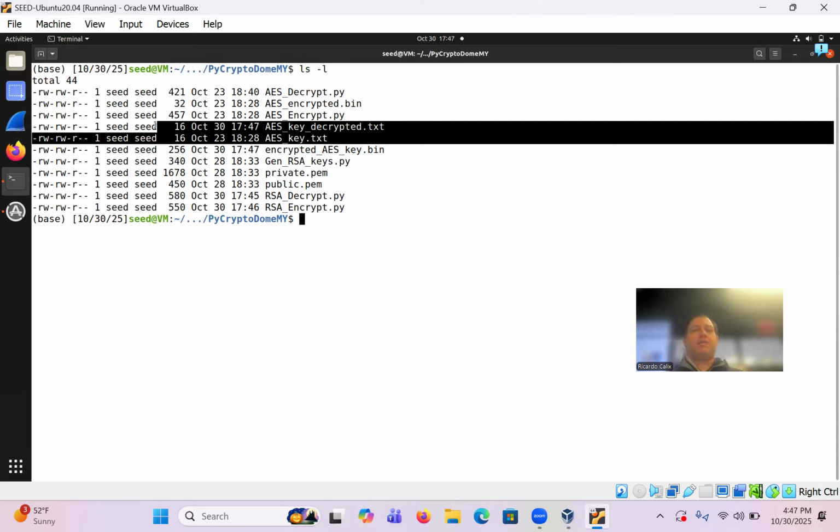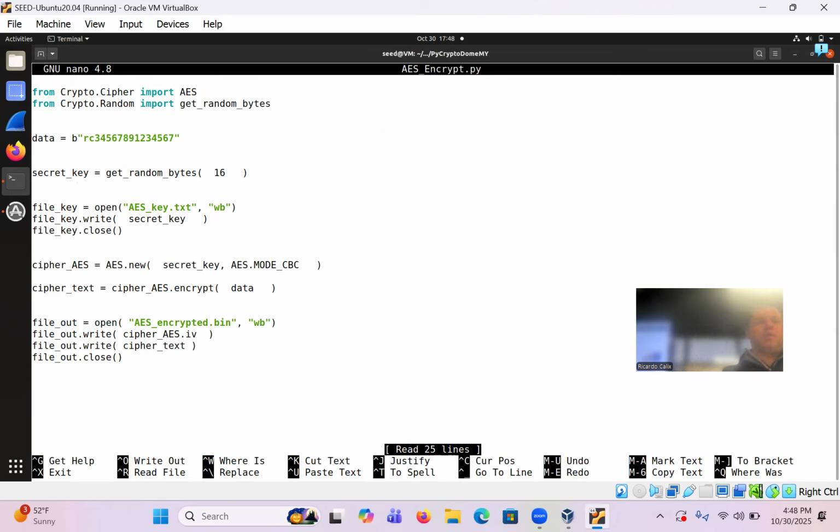Now we need to do the whole process. The whole process would start with AES encrypt. So let's go there. So now you can achieve both confidentiality and key exchange all in one shot, as long as you're using RSA. So let's start with AES encrypt. All right, so here in AES encrypt, we need to add another piece of code that reads in the